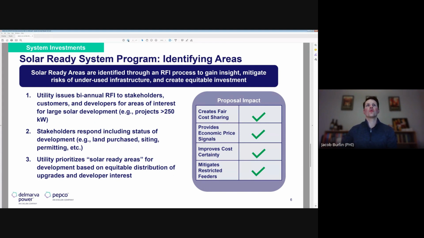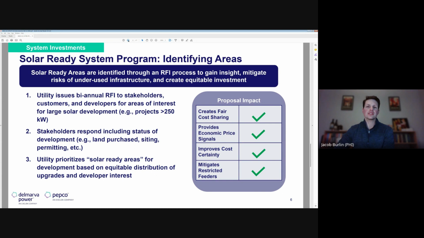And so once you get back information around land purchase, siting, permitting questions, sizing from developers, utilities can then prioritize areas as solar ready areas and look to do those investments in those locations. So I know I talked through that very quickly and probably at a very high level, but I don't know if it got further developed. This was really a concept that we thought of as an opportunity to really hit on some of these key things that developers and stakeholders are looking at in terms